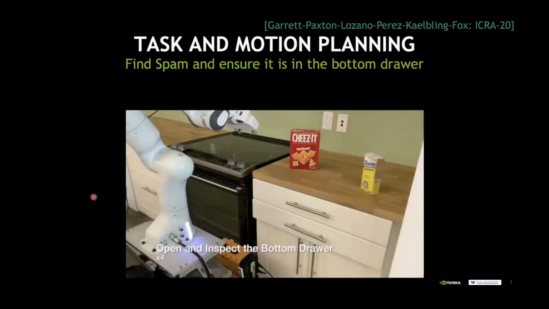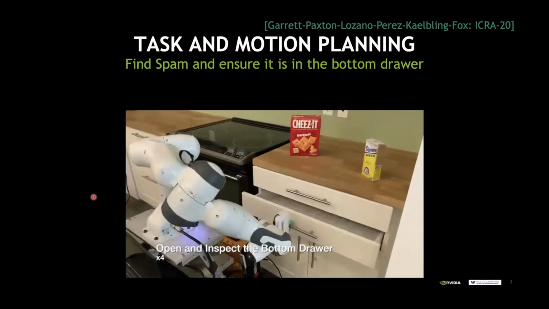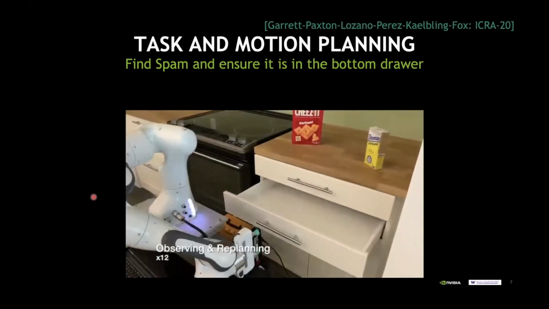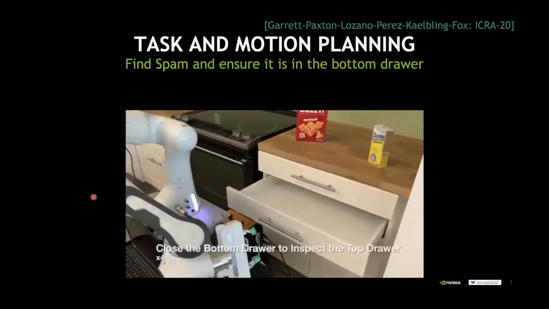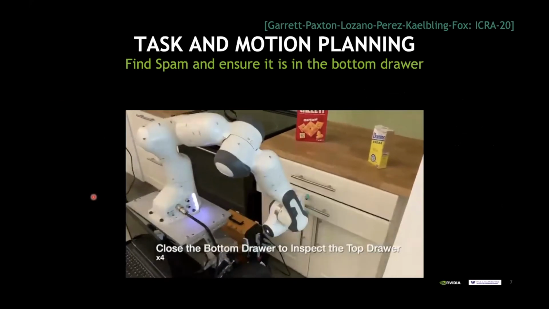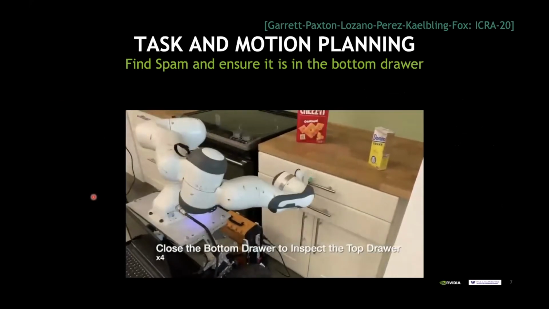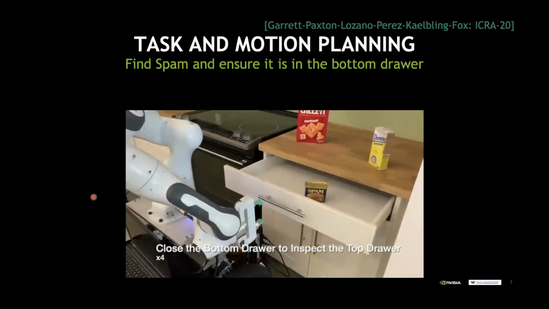Okay. This was done by Caelan Garrett at an internship, he's from Leslie Kaelbling's group. We can really connect this with task and motion planning, where here, for example, the task is that there's an object, the spam is in the upper or lower drawer, and the task is to find it and then move it into the other drawer. So these are the kind of settings that task and motion planning systems are extremely well suited for. And again, now with this good state estimation system, we can actually execute them in the real world pretty well.